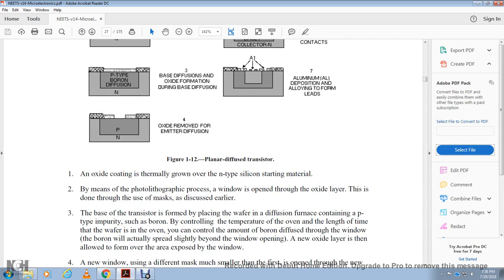All right. 1. An oxide coating is thermally grown over the negative type silicon starting material. By means of a photolithographic process, a window is opened through the oxide layer. This is done through the use of the mask discussed earlier. To form the base of the transistor, the wafer is placed in a diffusion furnace containing a positive type impurity such as boron, with control of the temperature of the oven and the length of time. The amount of boron diffused is controlled, and the boron will actually spread slightly beyond the window opening. Next, an oxide layer is grown over the area exposed by